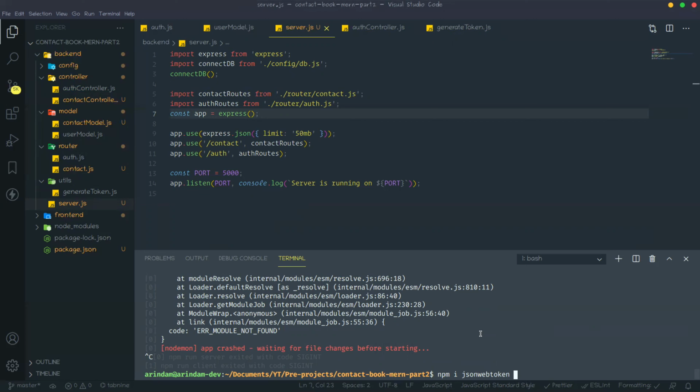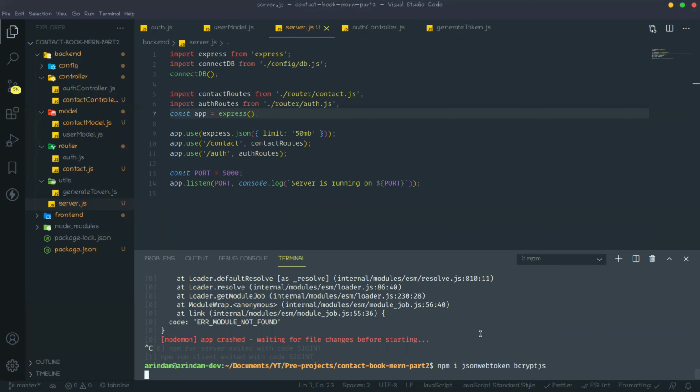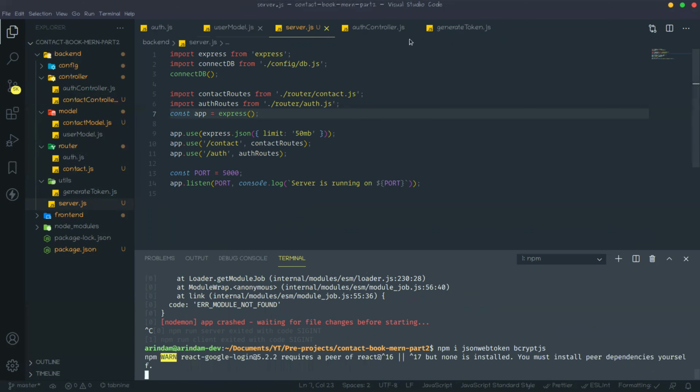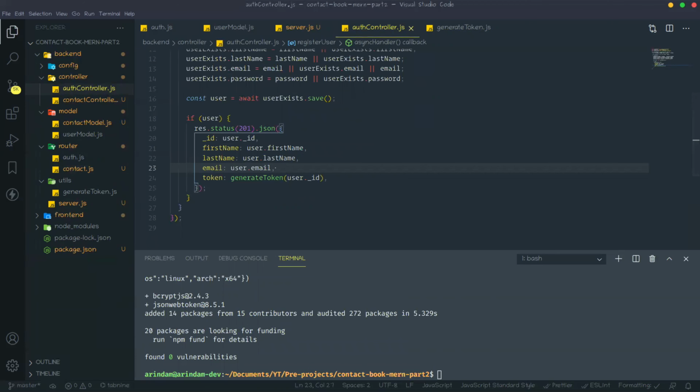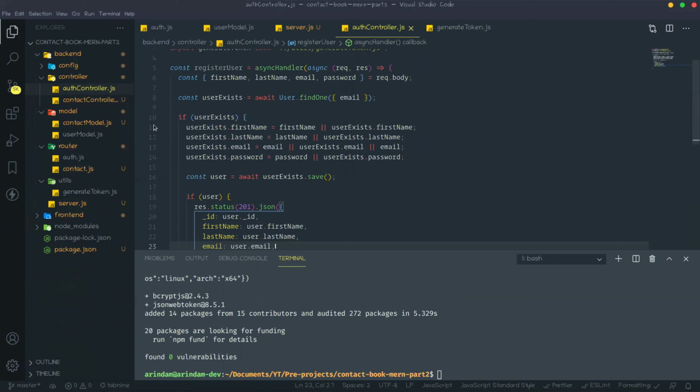Another dependency we need is bcrypt. So bcryptjs we also need to hash the password. Okay, now go to the controller. Here, if that user does not exist, then we need to create, right? That is the if part.